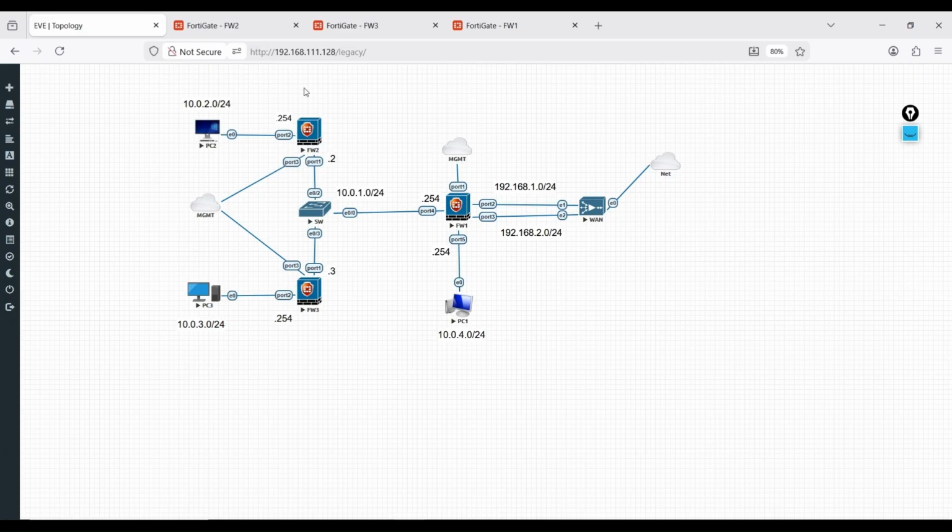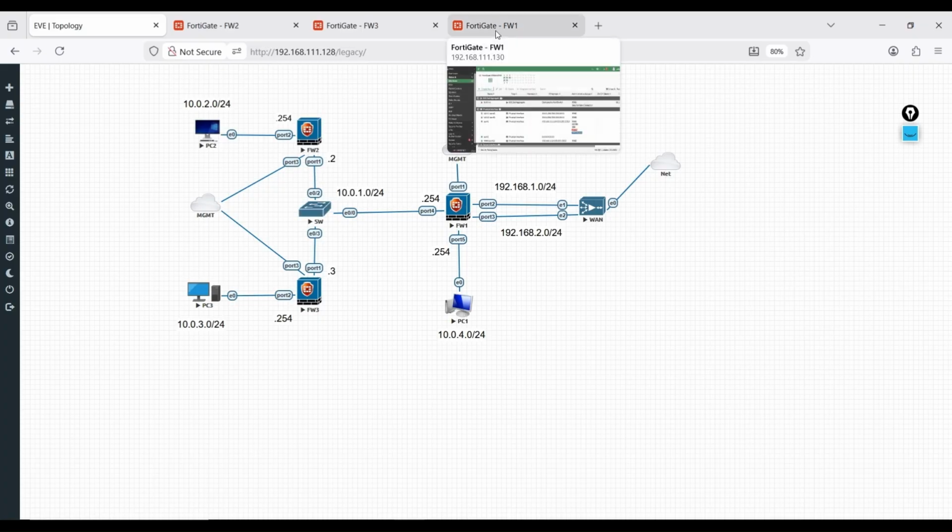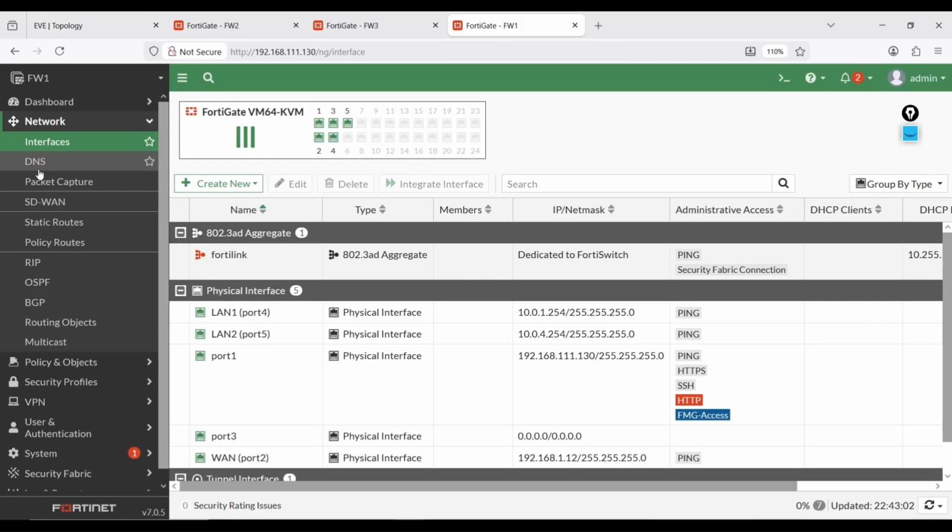So after configuring the RIP protocol, we have to configure the firewall policy as well to allow the traffic from the internal to external port and external to internal port, in both ways. Let me configure the RIP protocol first, then I will configure the firewall policies. So let's go to firewall 1.